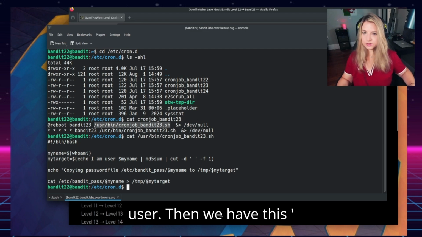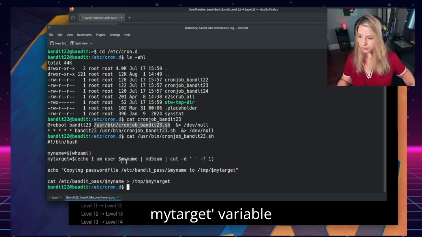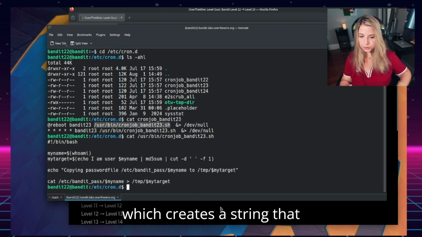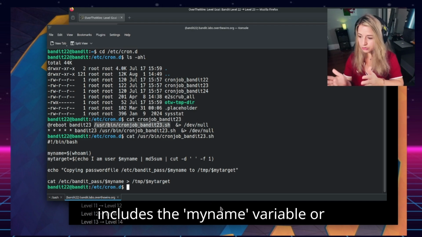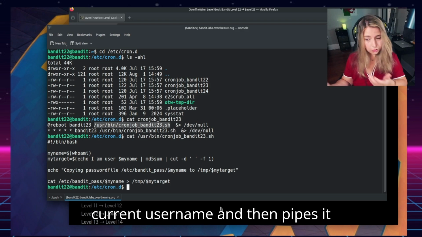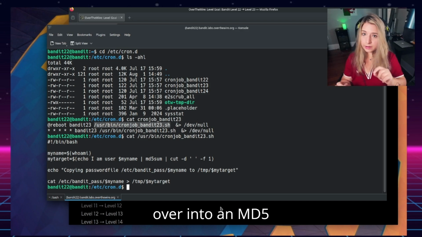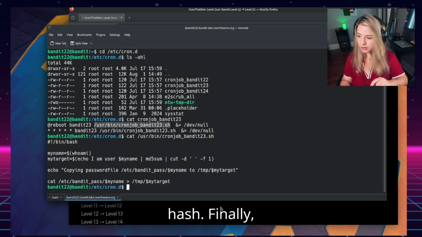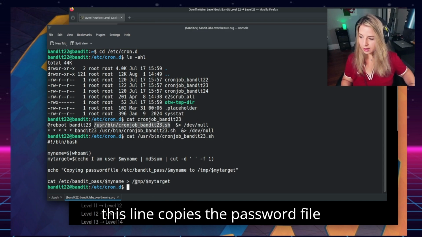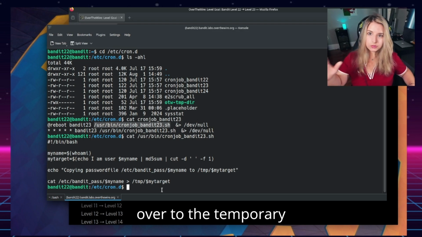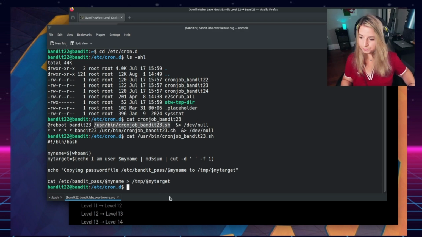Then we have this mytarget variable, which creates a string that includes the myname variable, or current username, and then pipes it over into an MD5 hash. Finally, this line copies the password file over to the temporary directory.